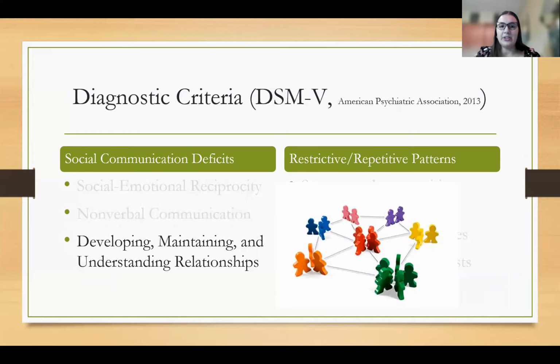The third social communication criteria is developing, maintaining, and understanding relationships. This can be difficult for individuals with autism because of the other two social communication needs. So following up on relationships, knowing what the expectations are, and maintaining those connections can be really challenging. So sometimes individuals with autism might have a very small number of very close friends rather than a large network, because it's easier to maintain some of those relationships.